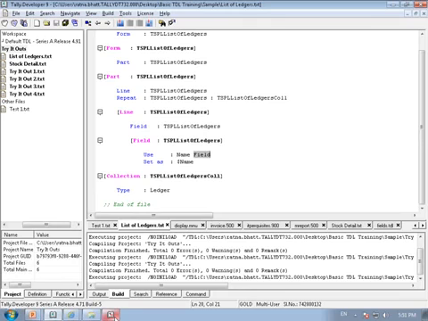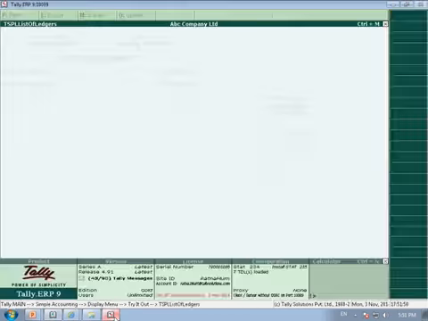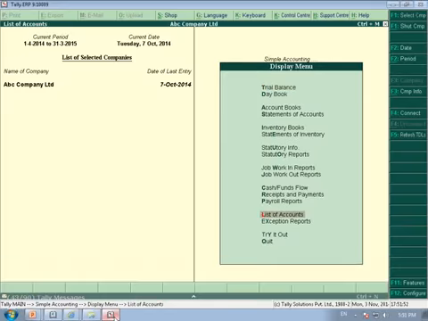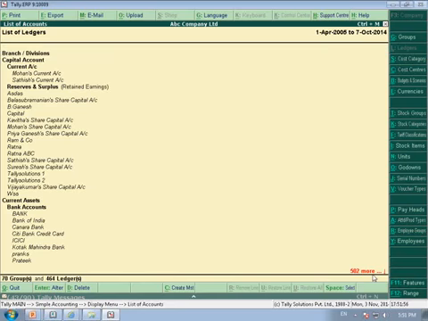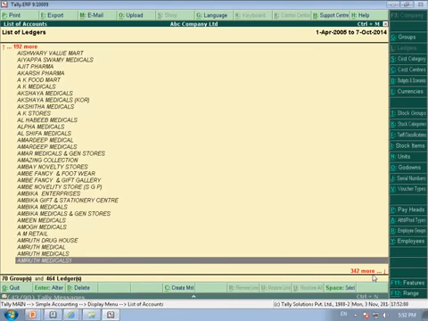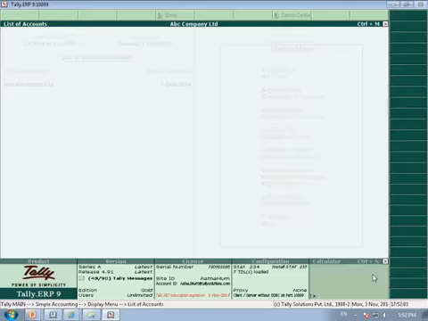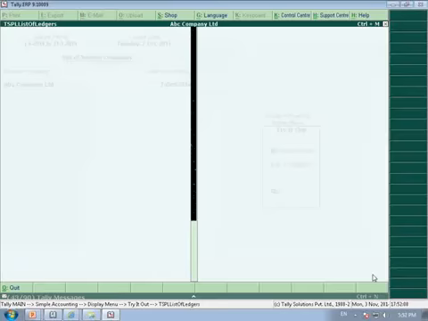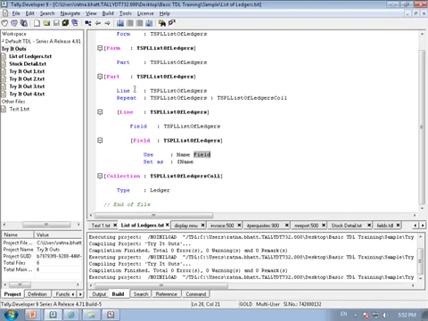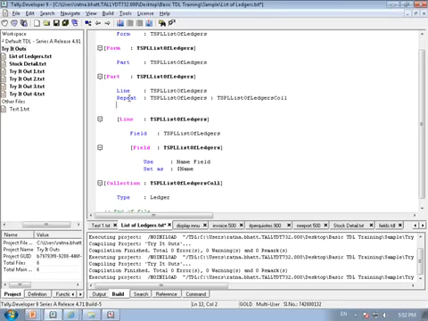There is one feature that generally I see. I go to display list of accounts, and at the bottom it shows something as 502 more. That means I'm allowed to scroll further. Correct? But in my report, it doesn't scroll. That's the problem. So where I give repeat, I have to say scroll vertical. Repeat and scroll vertical